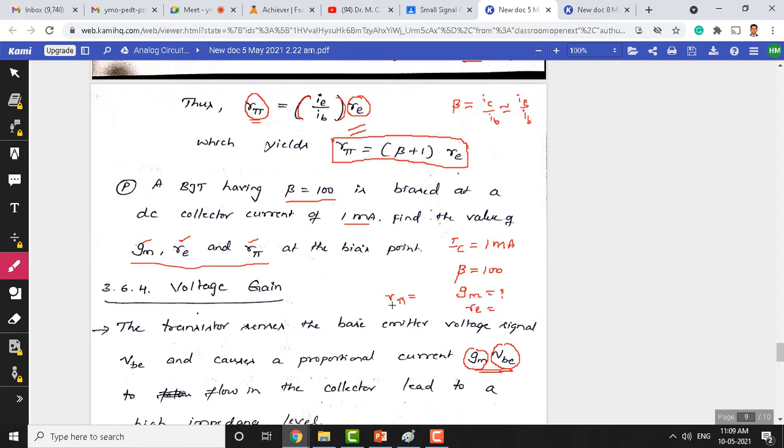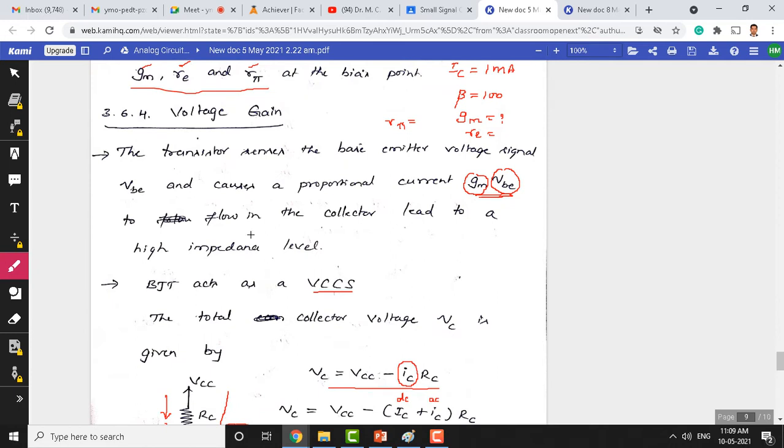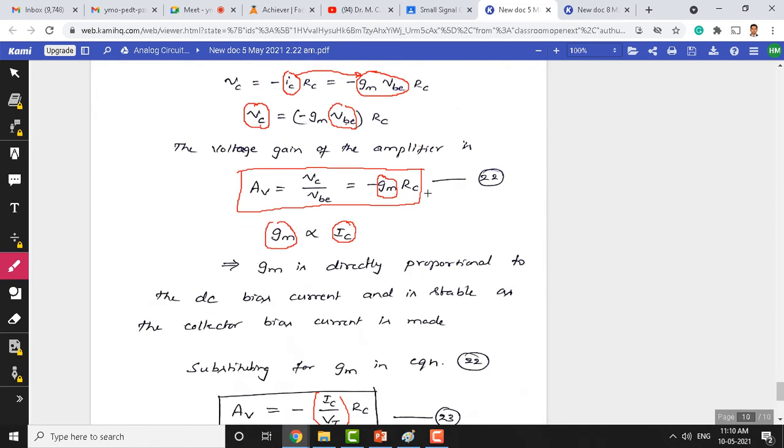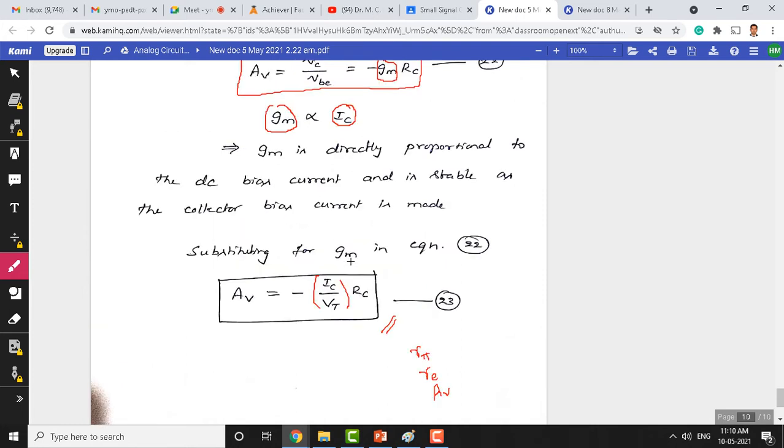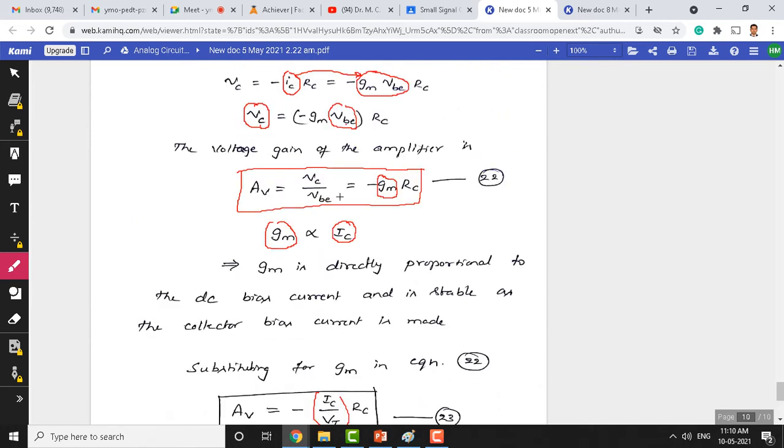Alright, next thing we discussed in the earlier class is the voltage gain expression, which is most important for the transistor amplifier. We expect voltage gain to be larger for a voltage amplifier. Here we have derived the expression in terms of DC collector current and thermal voltage times RC. This is the final expression for the voltage gain. Since the BJT is used as a voltage amplifier, this is very important. Its expression is IC by Vt times RC. The alternative version shown here is minus gm times RC.